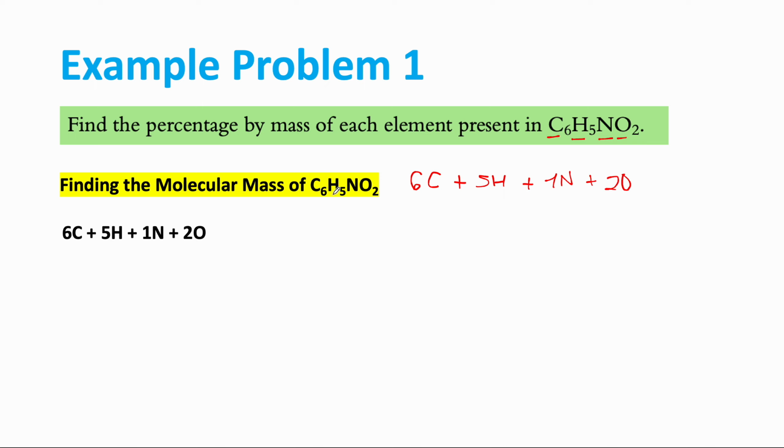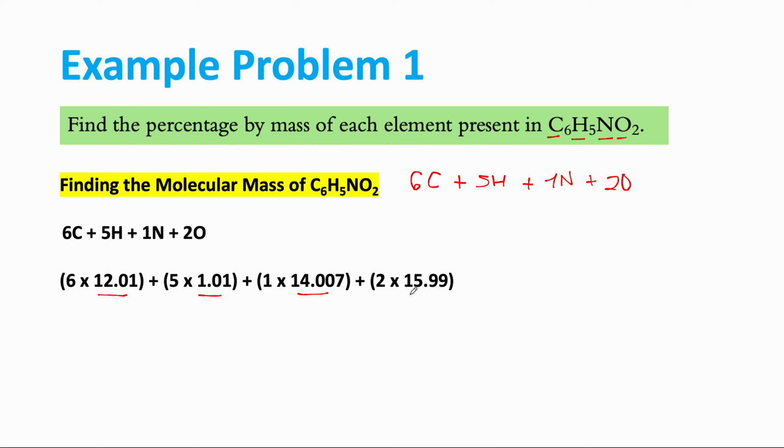And to find the molecular mass of this compound, it's very simple. We just have to do this here. So 6 times 12.01. What are these numbers here? To make things simple, these numbers are the average weight of one single atom of that element. So let's say carbon. 12.01 here represents the weight of one carbon. Since we have 6 carbons, we logically multiply it by 6. So this is for one carbon atom, but we have 6 carbon atoms, so it's 6 times this. And where do we get these values? We get them from the